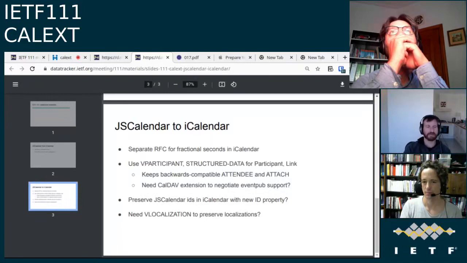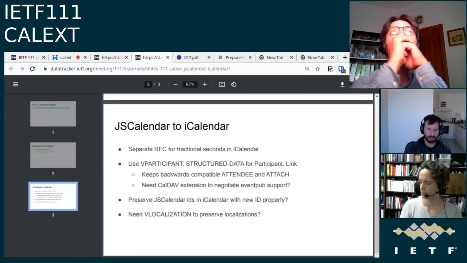And there's a slight addition. I did post that extracted draft for the fractional parameter, which I extracted from the mapping draft. Almost immediately, I decided that we shouldn't be doing that. Really, what we should do in iCalendar, if we want to support fractional seconds, is just support fractional seconds properly throughout,